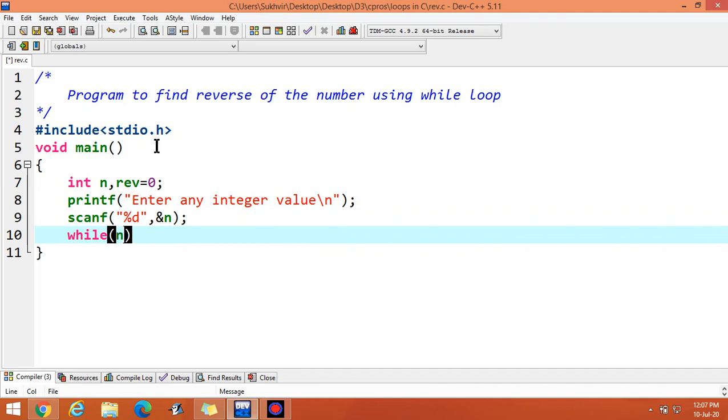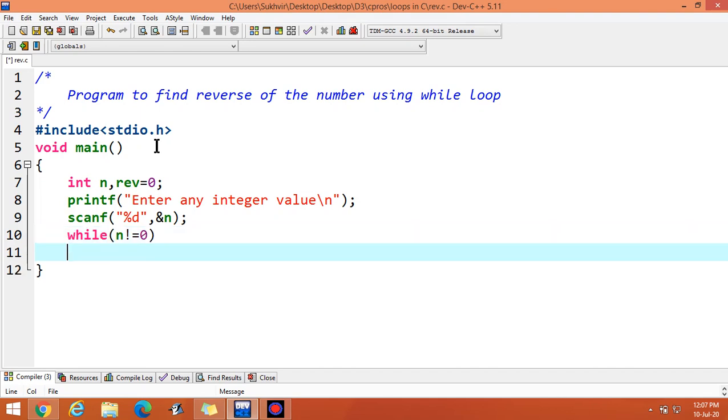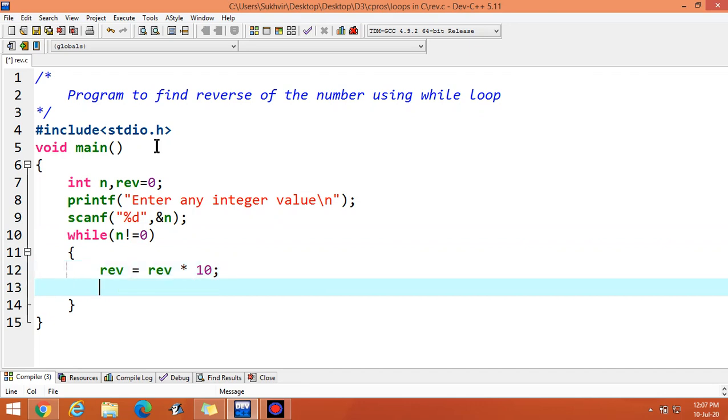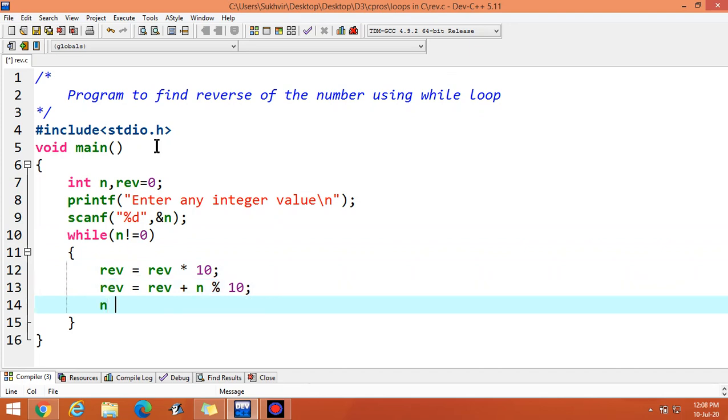While n is not equal to 0, then reverse is equal to reverse multiply 10, then reverse is equal to reverse plus n modulus 10, then n is equal to n divided by 10.